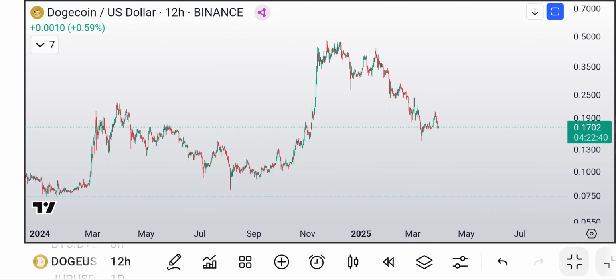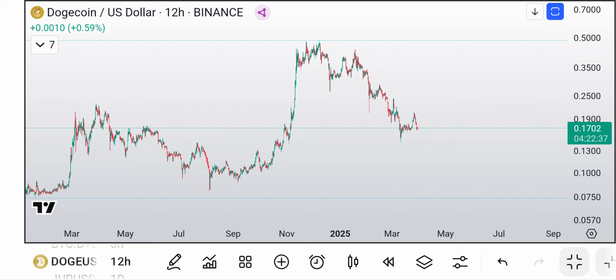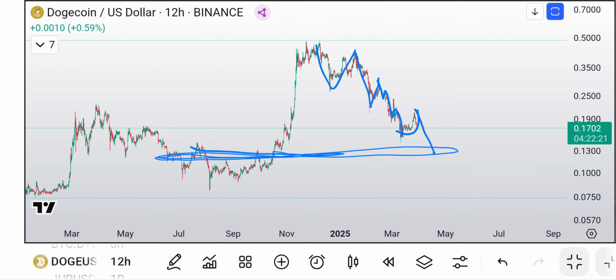Dogecoin, you got 1, 2, 3, 4. 1, 2, 3, 4, 5, 6, and then maybe we get 7, and then that lands us down to this very strong support down there, right along these areas. And then we come up, and then we flag out, and then we get going up into the retrace. That's what I'm thinking for all of the charts. Something kind of like that.